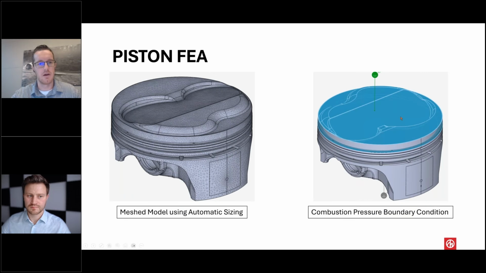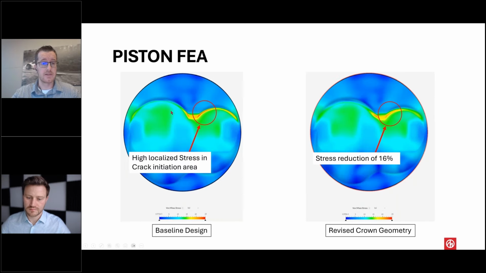So within SimScale, we meshed the piston using automatic sizing. And again, like the water pump, we'll go over to the tool and take a look at that. And then a combustion pressure boundary condition with a fixed wrist pin boundary condition as well. The simulation